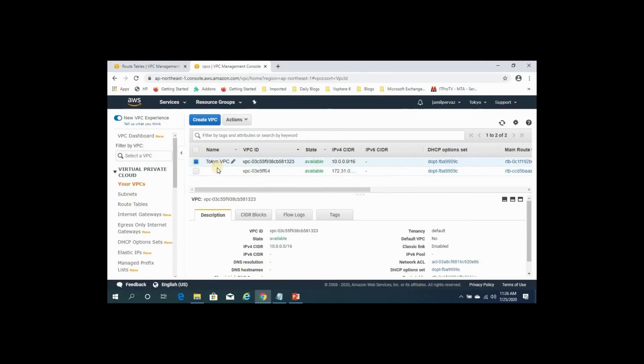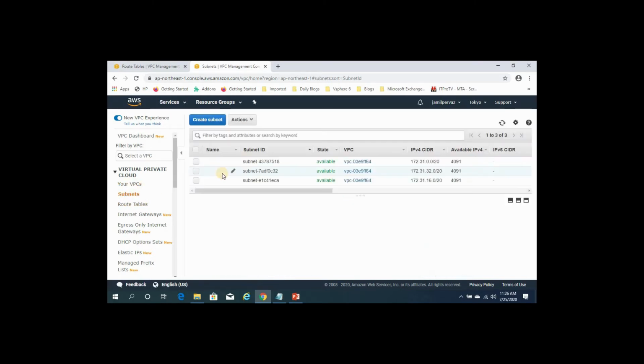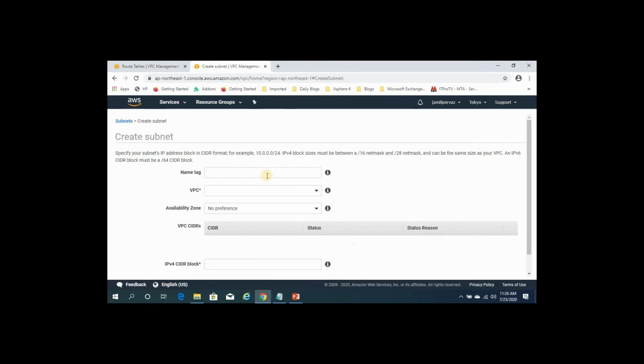So the Tokyo VPC is successfully created. The next step is we need to create subnets. Click on subnets, click create subnet. Type a name. It's my subnet in the Tokyo region, so I'm giving the name Tokyo subnet. Here you need to select Tokyo VPC, don't select the default one.